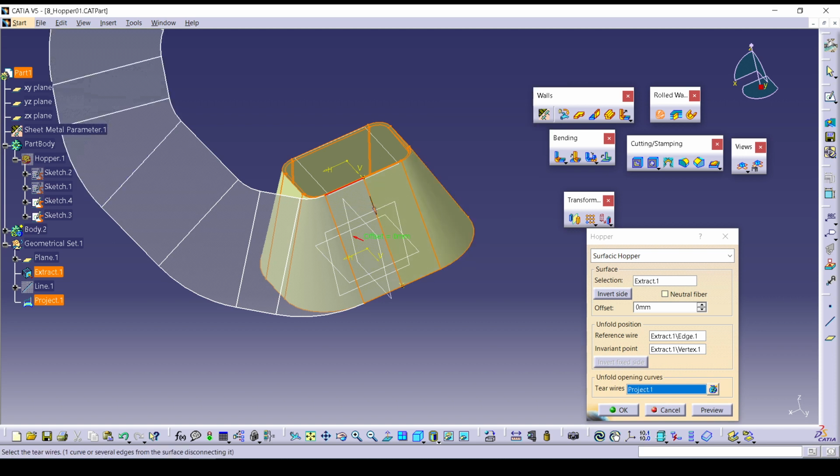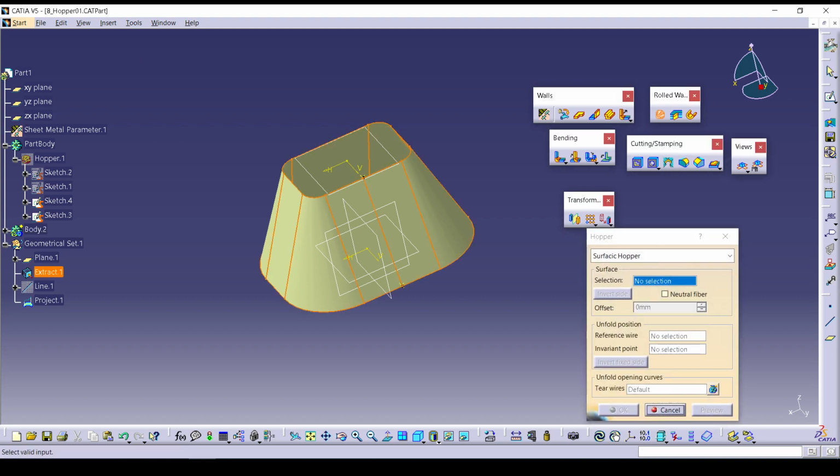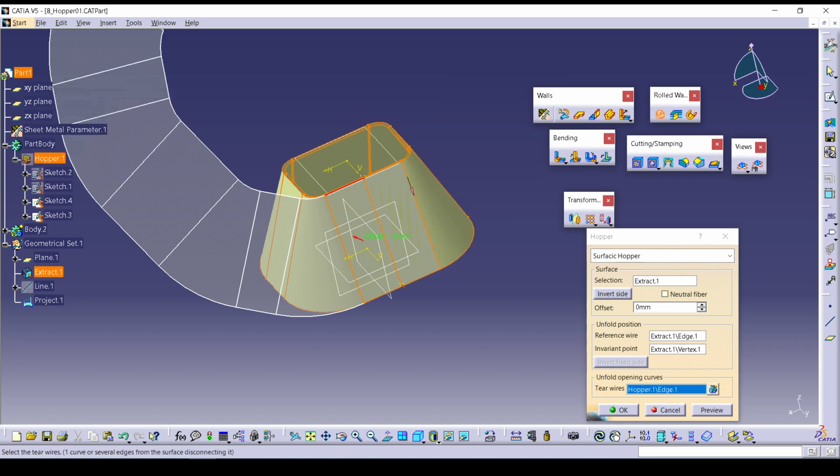Yes, now you can see I have just given this extracted projection. I can define the line of this, just creating the hopper, and I want to open from this edge, or